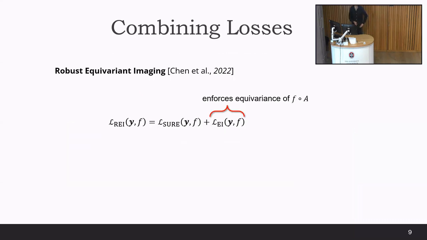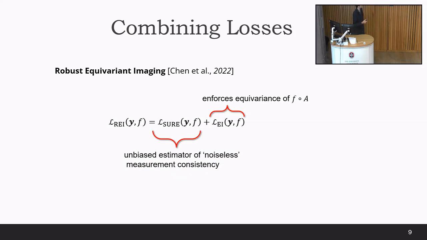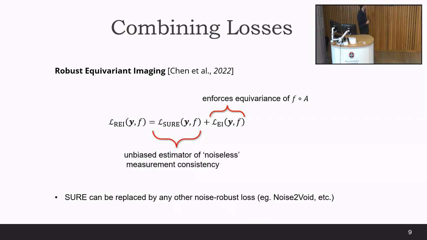So now we end up with the idea of equivariant imaging, or the robust equivariant imaging, where we have two terms as in multi-operator loss. The first term will enforce equivariance of the imaging system, and the other loss will enforce measurement consistency. If we have noise, we will use something like SURE or any of the losses that we saw in the second part. Or if we don't have any noise, just plain measurement consistency. So yes, here we are not limited to SURE. You can use measurement splitting or